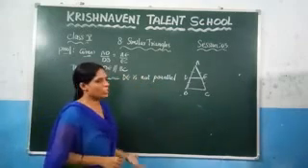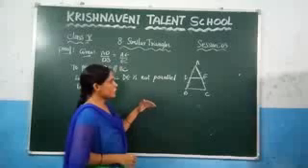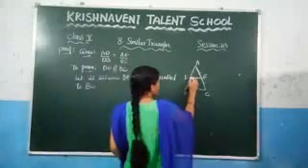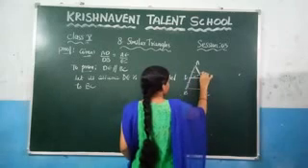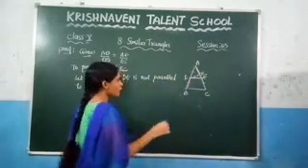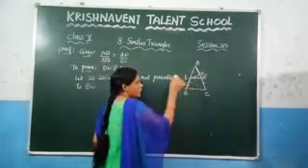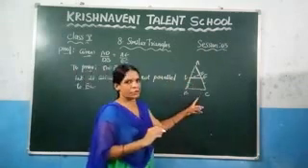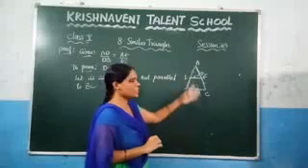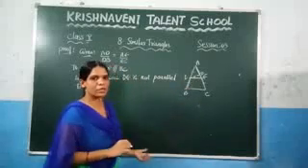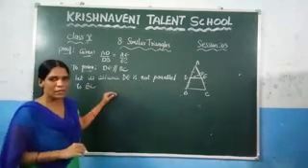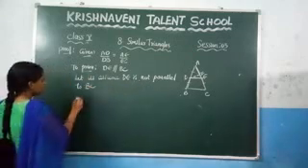So if DE is not parallel to BC, there should be some other line which is parallel to BC. So here let us take that line as DF. So we are assuming here DF is parallel to BC, but what we need to prove? We need to prove DE is parallel to BC. So at last we will get DF is not parallel to BC. This is nothing but the contradiction method. So here let us assume DE is not parallel to BC. Then